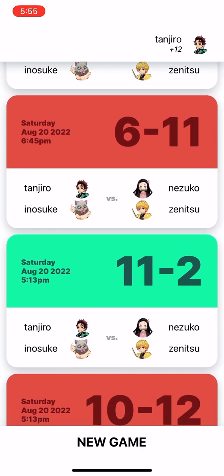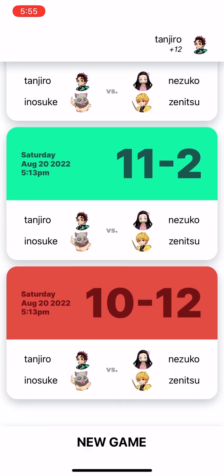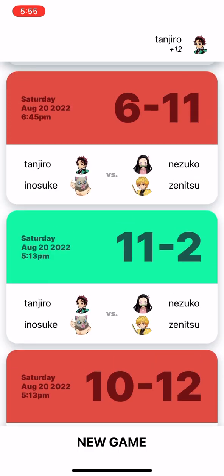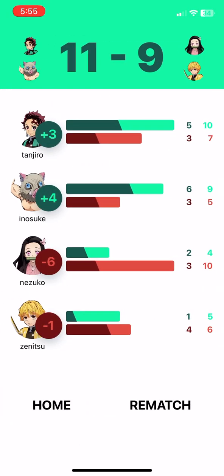We can see the date, the score, and who is on each team. We can see Tanjiro has played 4 games with his friends so far, and is overall 2-2 on his pickleball season. Clicking on a game card will take us to the game stats screen, where we can see a breakdown of players' contributions. These numbers and bars will make more sense if we start with a new game, so let's